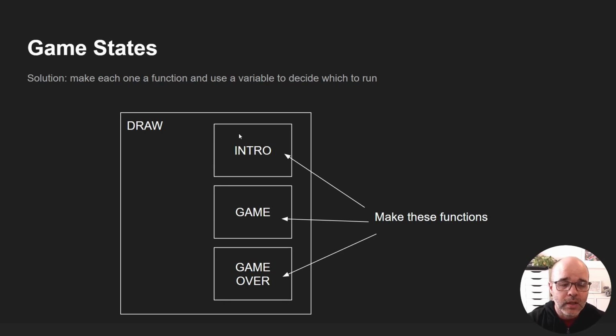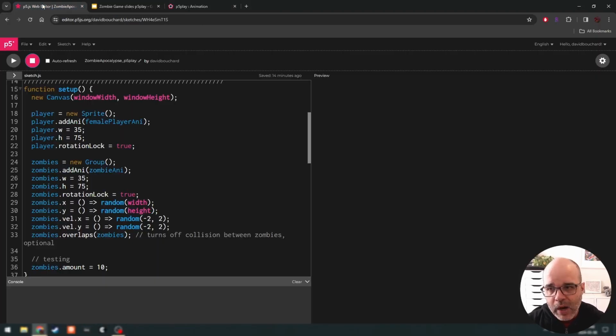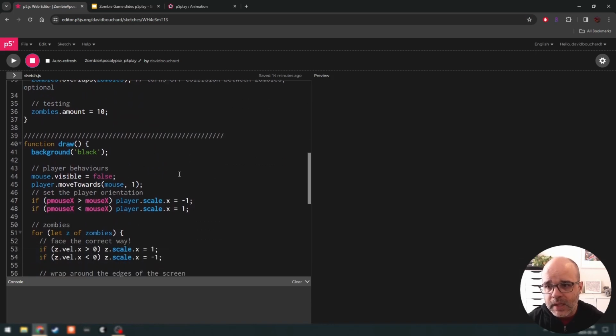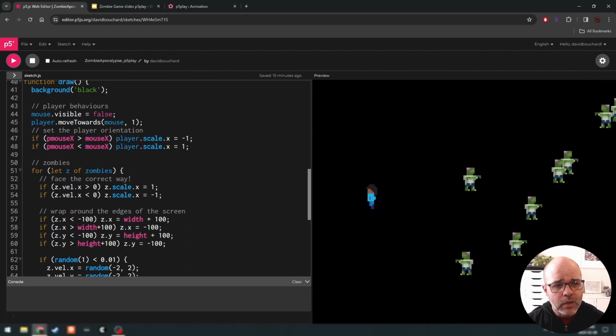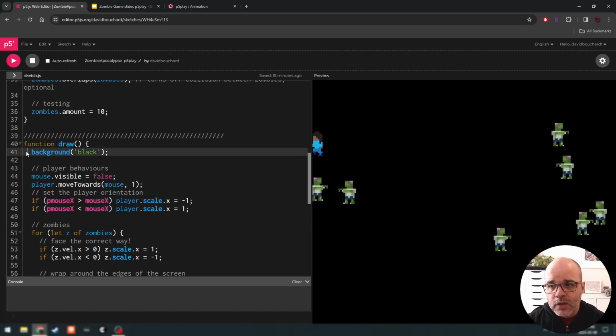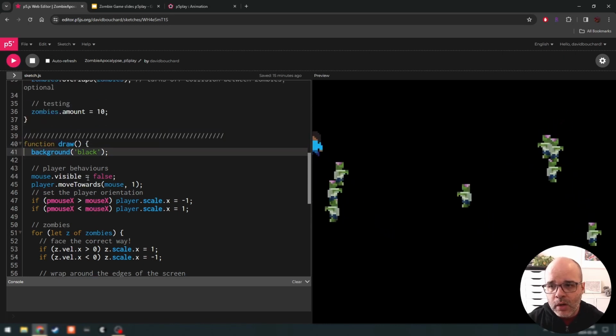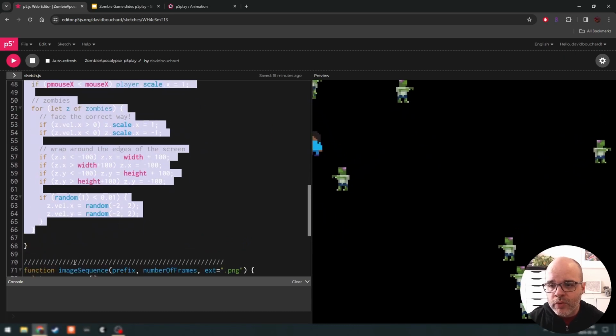So that's going to make the draw function a lot more manageable. So let's give an example. Let's just put that into practice. Okay, so let's say currently, the code we have, this would be the run game state, where we have our player following the mouse and we have zombies running around. Everything we're doing right now in draw, all this stuff, really should move into a separate